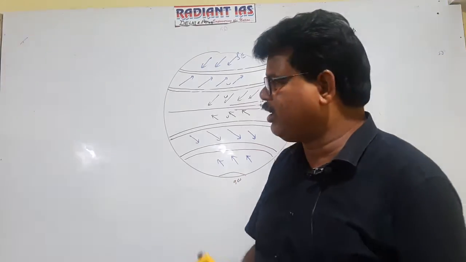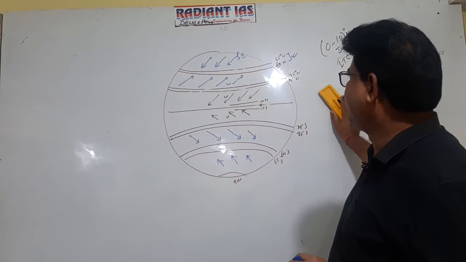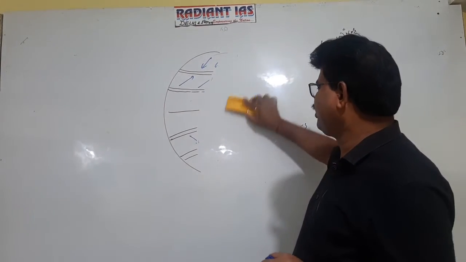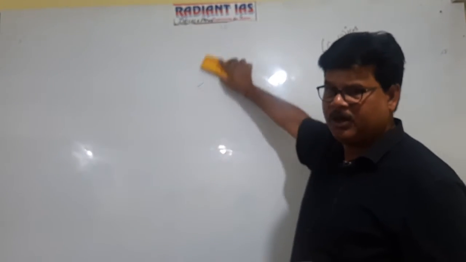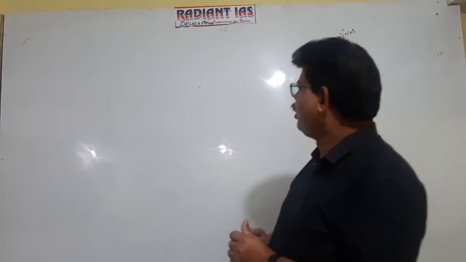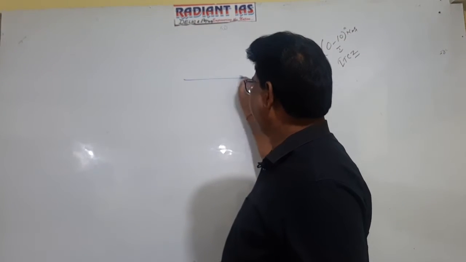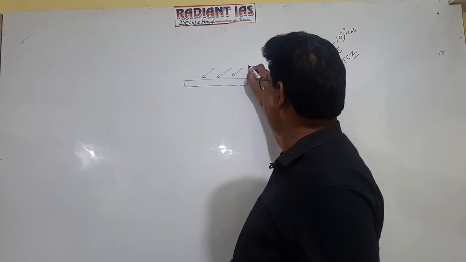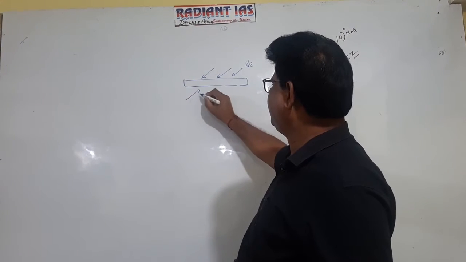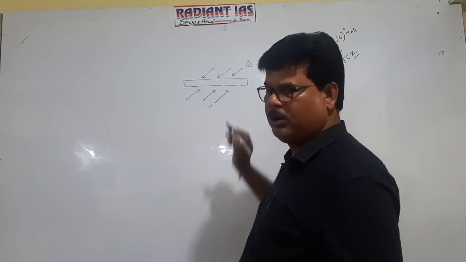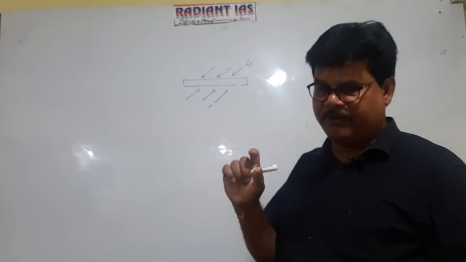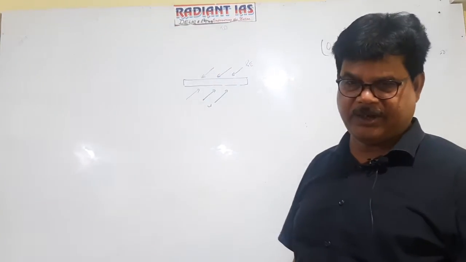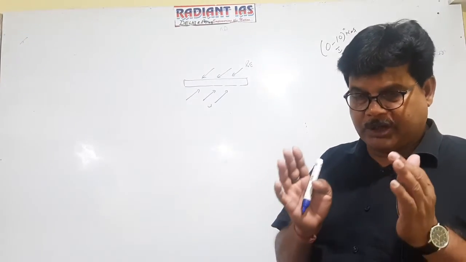Since this front is near the polar zone, it is referred to as the polar front. Why is this referred to as the polar front? It is clear now. Initially, when two contrasting air masses converge, a front is formed. Along this area there is a polar easterly wind, and here there is a westerly wind. This front is referred to as a stationary front. So this is the first stage.